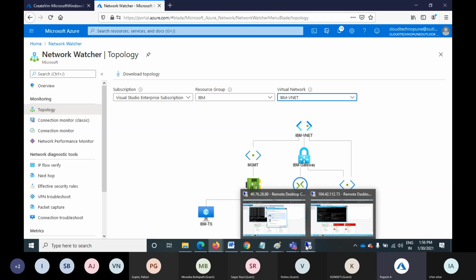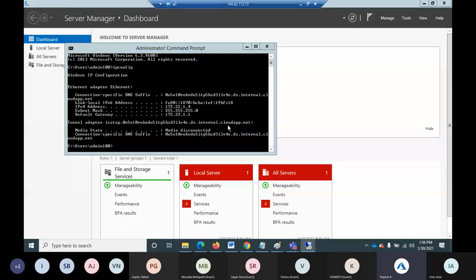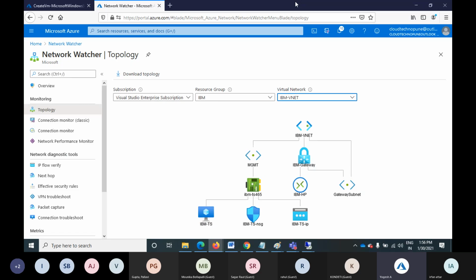Okay. So any question, any doubt? Okay, so what I will do, I will delete the HP infrastructure because I don't want it. Sir, the virtual machine comes under the NSG, no? It's showing. No. See, as per the diagram,